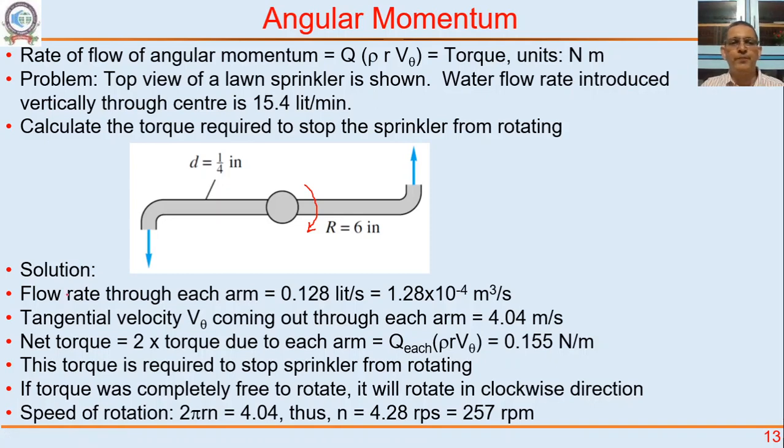So here's the solution. Flow rate through each arm. The flow rate through the central part is 15.4 liters per minute. That's going to split into two parts, right? 7.7 liters per minute will go here, 7.7 liters per minute will go here, 15.4 divided by 2. That 7.7 liters per minute will come out through this end